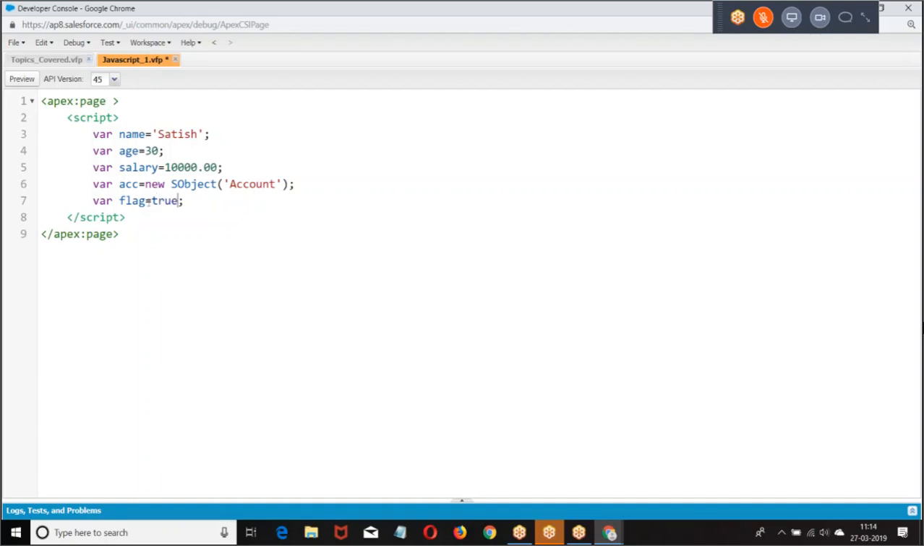Everything is defined as var. Are you clear about this point here? Every variable in JavaScript is mentioned as var. Okay. Next point. The second point, if you want to test it,